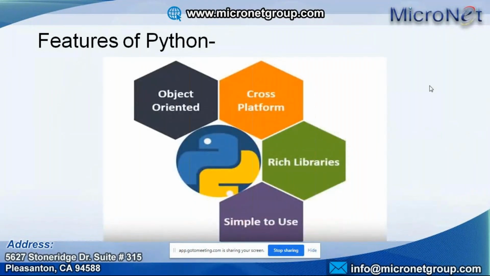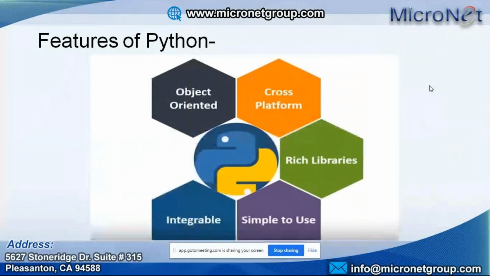And as I mentioned, it is very simple to use. And it can be integrated. For example, I am familiar with Java language, and you have started using Python. If you are an expert in one part of Java, you can integrate it with Python also. There are several flavors of Python, so we will discuss them in later slides. We can incorporate our Java functions, even C functions, which already exist in the same systems. That's how Python can be integrated and work in any different flavors. That's the reason Python has several flavors. We can see this in later slides.